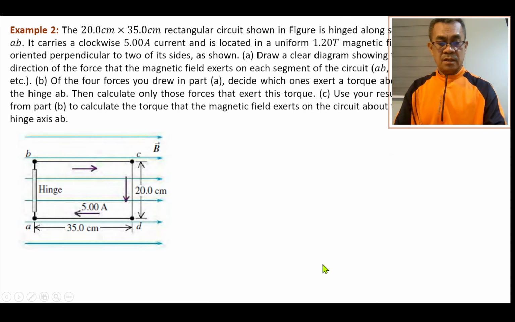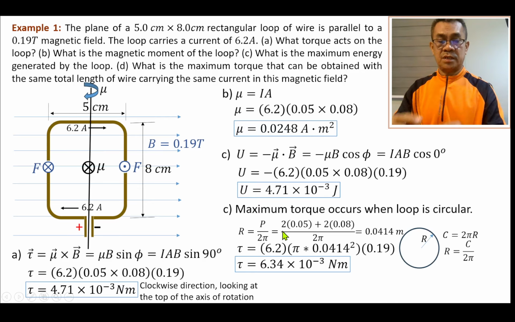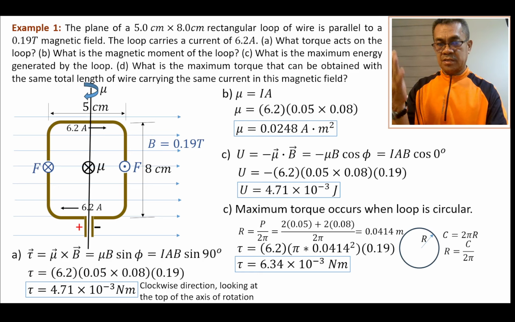So therefore, if you are to choose the surface area of the current loop, then use the circular. If you wish to have the greatest amount of torque, meaning faster rotation, of course, choose the circular compared to the rectangular. Okay, so that's it. This is all about the DC motor. So take note how a DC motor works. Then you can answer that because of this video.